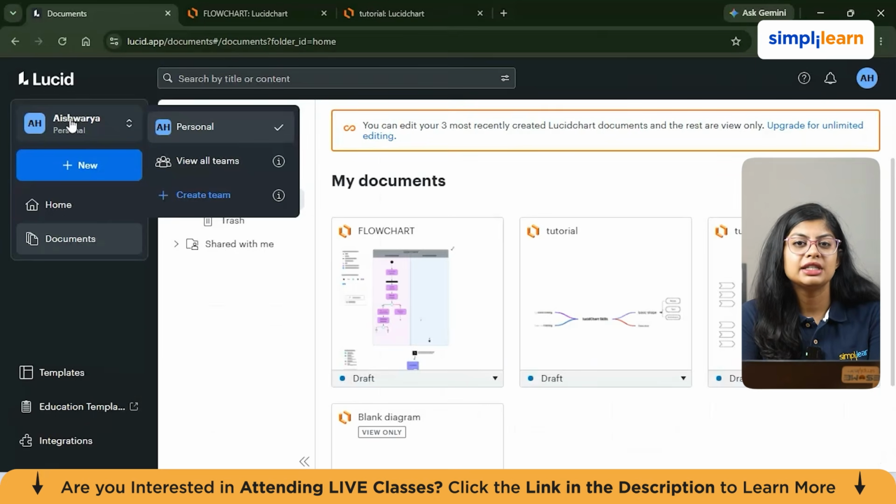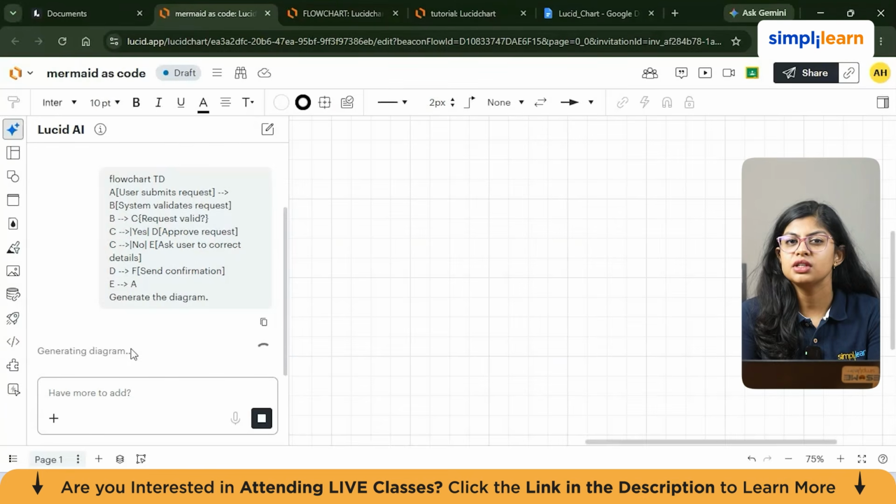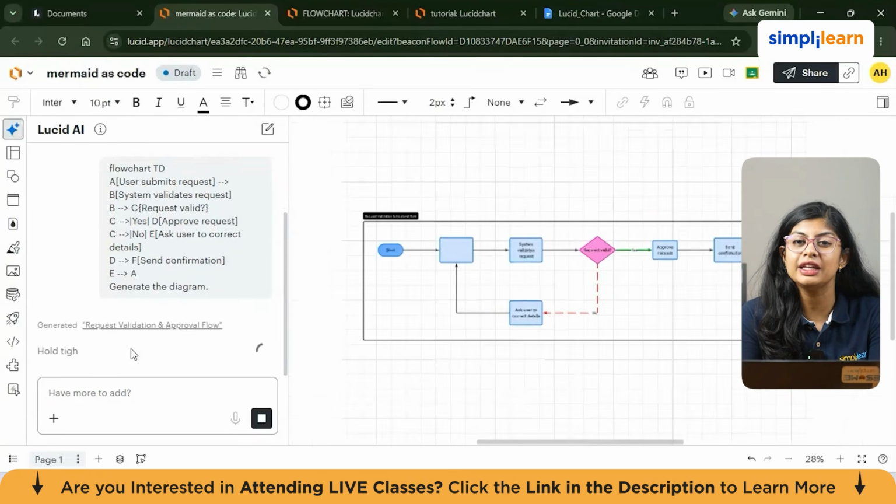Now that we built diagrams from scratch as well as using the flow charts, let's use some advanced features. Lucidchart gives us multiple ways to create diagrams faster. We all already know that templates are faster. Mermaid allows us to describe diagrams using text. Instead of dragging every shape manually, we write the structure and Lucidchart generates the visual diagram. This is very helpful for developers, technical writers, product teams, and anyone who wants to move quickly from the text to the diagram.